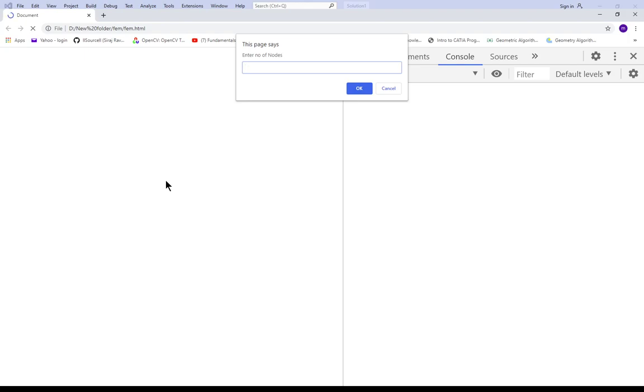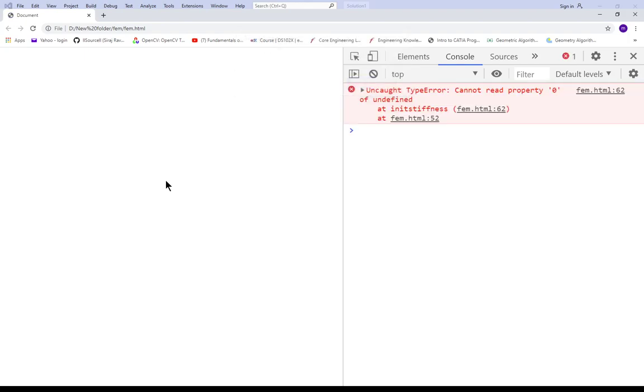Again it will prompt, so I'll put 3. Okay, cannot read property 0 at initStiffness line 62. What is n? Let me see first. n is equal to 3, correct?